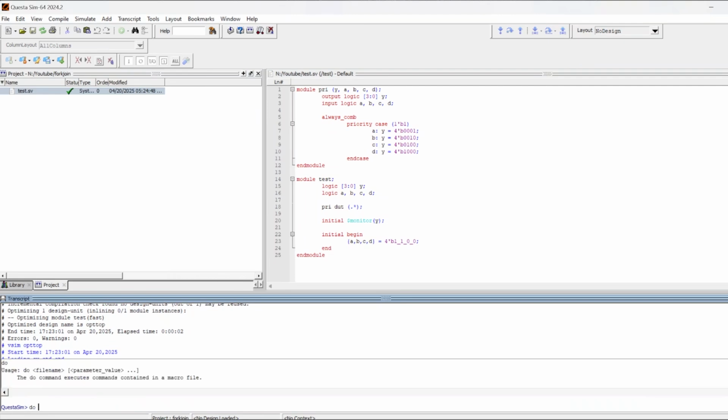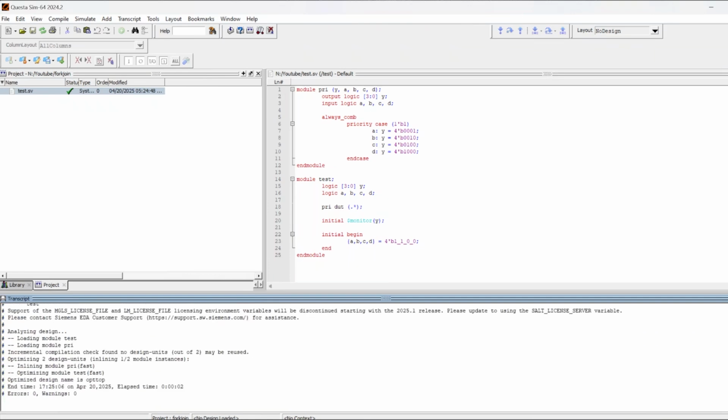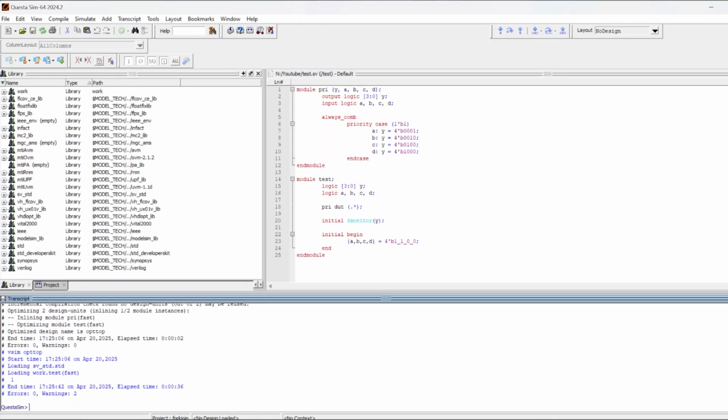Now let's go ahead and simulate the code. Okay, as you can see right here, this particular case selection item is getting picked